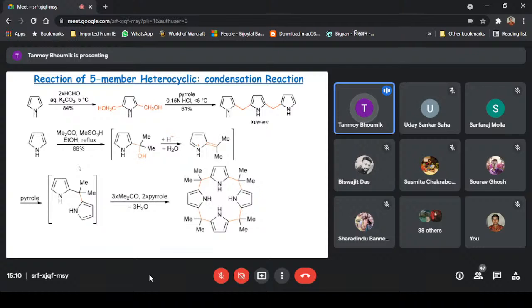Whenever the macrocyclic is doing this type of polymerization, each of the ortho positions of these compounds is connected to the other ortho position, and after the addition reactions, they can form a macrocyclic ring. This macrocyclic ring is very important to make the porous compound, and this is done by the geminal methyl